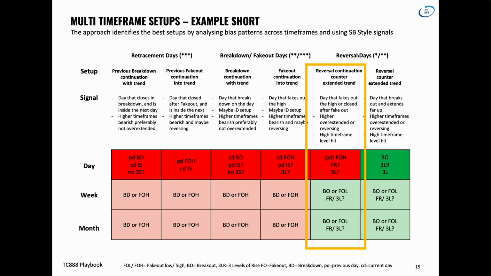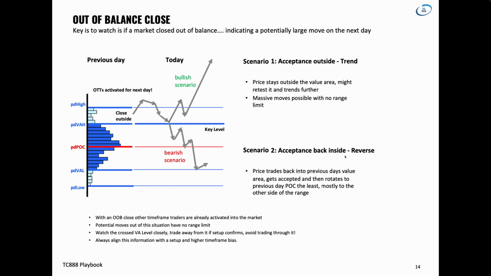So here you see reversal days. What are the reversals I am looking for? I'm typically looking at a reversal continuation counter extended trend. So a day that fakes out the high, higher overextended or reversing the higher time frames and the high time frame level potentially hit. So we have here a daily fake out high,